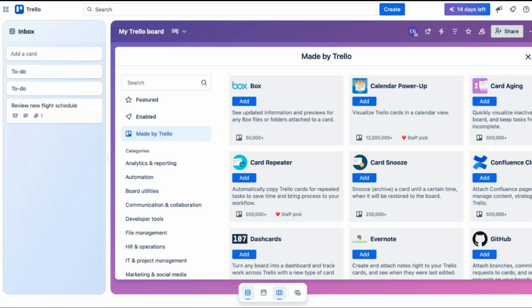In this video, we will compare Trello and Asana free plans in 2025 and find out what's the best project management tool. If you're looking for the perfect management tool to boost your workflow in 2025, then watch this till